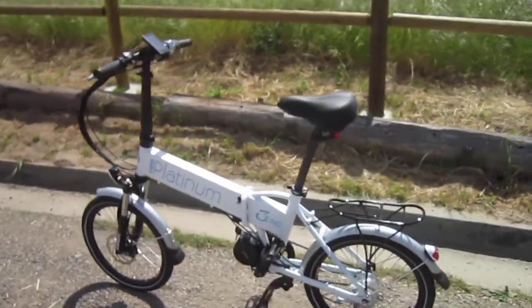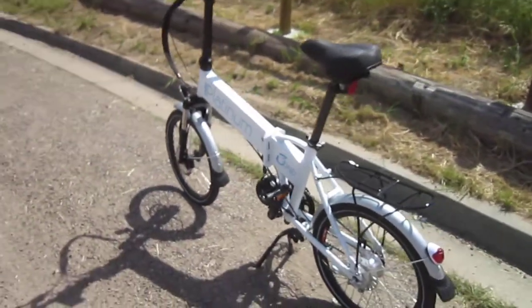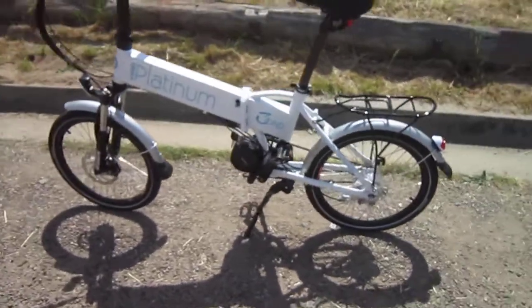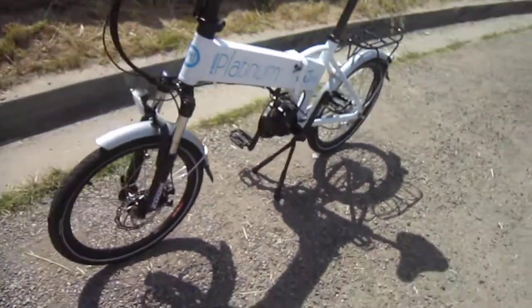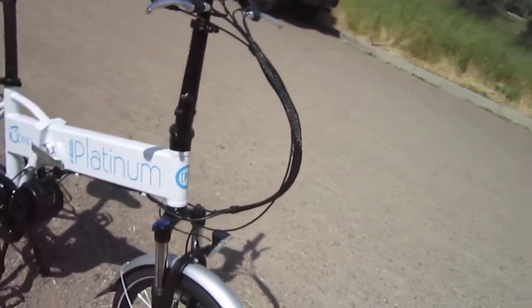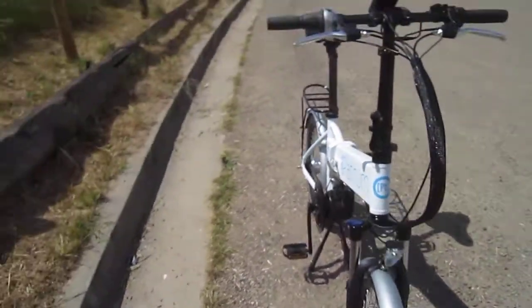I'm with the Platinum Bond from Wise Innovation Technologies, and what I want to do is explain to you how the controls work, and we're going to take it up the hill and see what kind of power we got. Now, it's got a low wattage mid-drive motor,